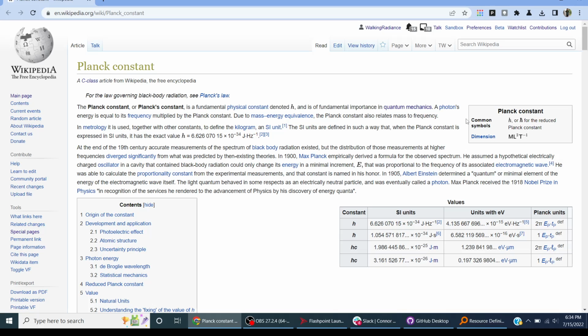And we have Planck constant. Common symbols h or h bar for the reduced Planck constant. Dimension: mass times length squared times inverse time. He was able to calculate the proportionality constant from the experimental measurements, and that constant is